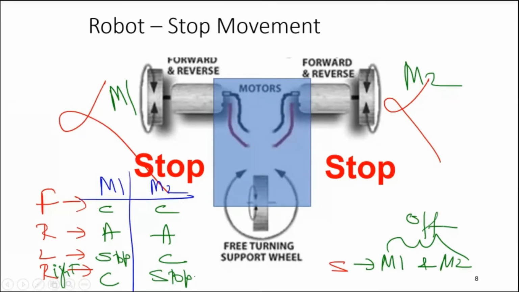So can I consolidate the discussion and put it in a nutshell? We have two motors, M1 and M2. If you know how to control a motor to move in the clockwise direction and the anti-clockwise direction, the same thing I can apply to another motor, thereby I can control the entire robot. Yes or no? So eventually the entire operation of this robot is nothing but knowing how to control a motor to make it run in the clockwise direction, the anti-clockwise direction, or to stop. Yes or no? Yes, sir.